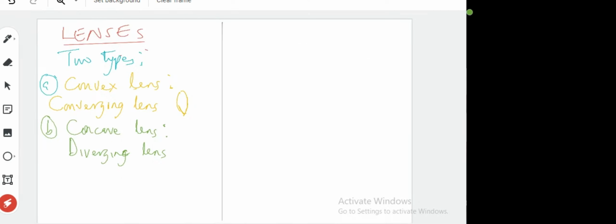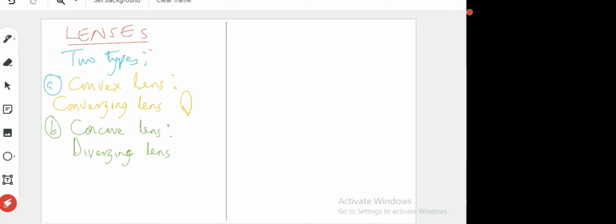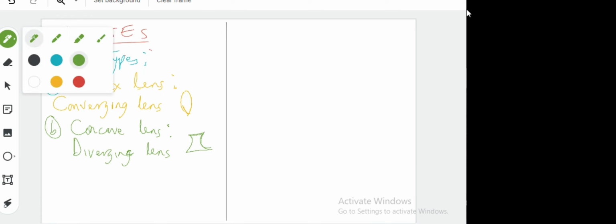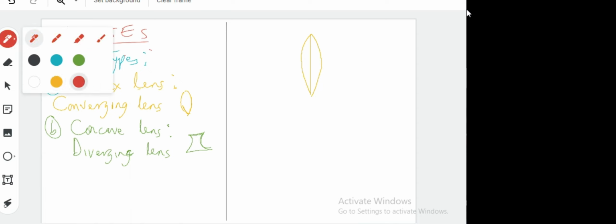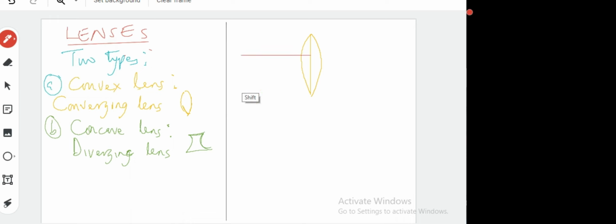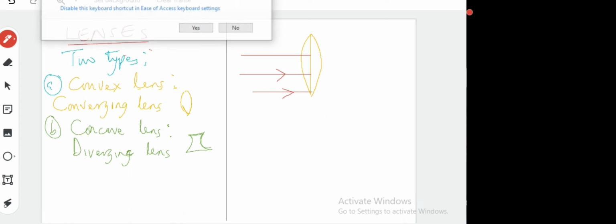The other one, when the ray of light passes through a concave lens, they will diverge. So I will mention it in passing because, as I've said, it is not in your syllabus. I will just mention these two in passing by way of drawing diagrams to illustrate what happens. If you have a convex lens like this, and you have rays of light coming in, whether parallel rays or any rays at all, when they come out, they will